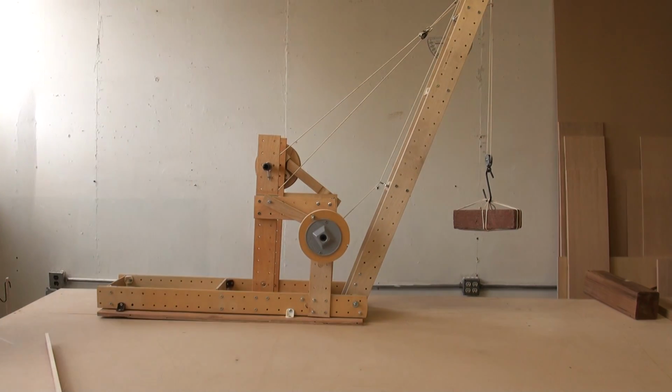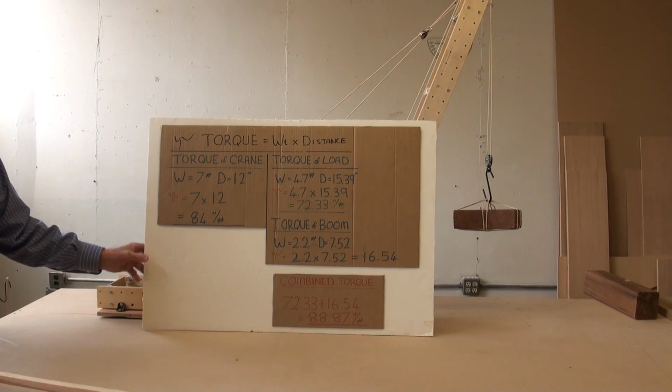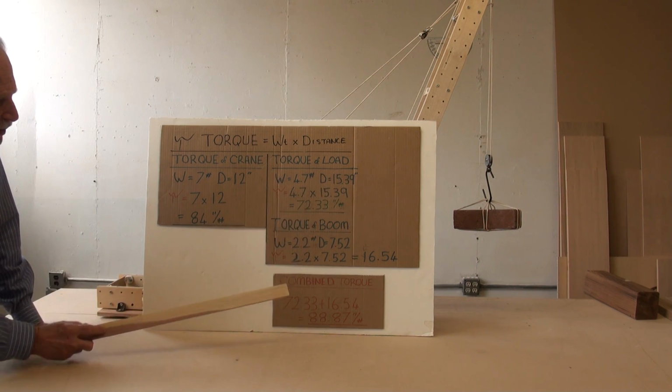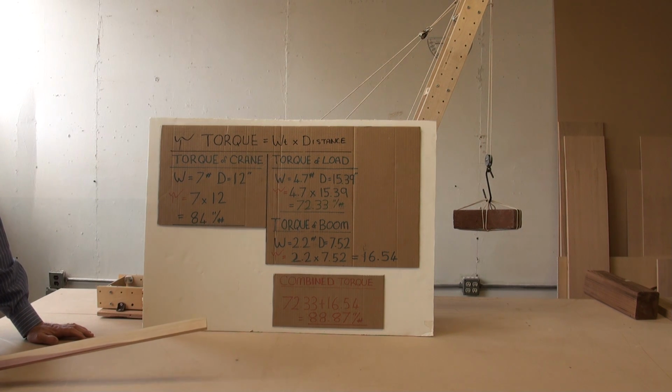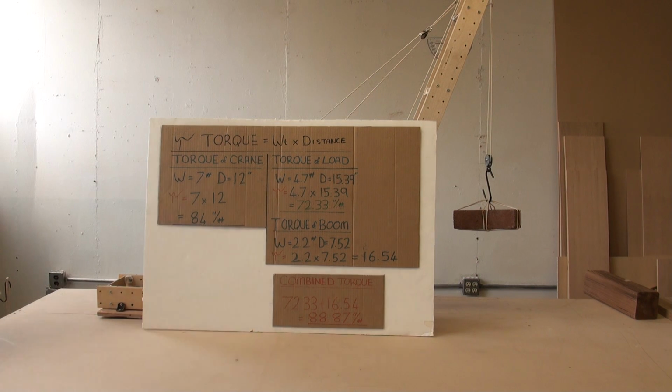So, weight times distance. We know the weight, we know the distance now. Multiply, we get 72.33 inch-pounds. Now, all that's left is the boom. The boom weighs 2.2 pounds. And it's 45 inches long, but,